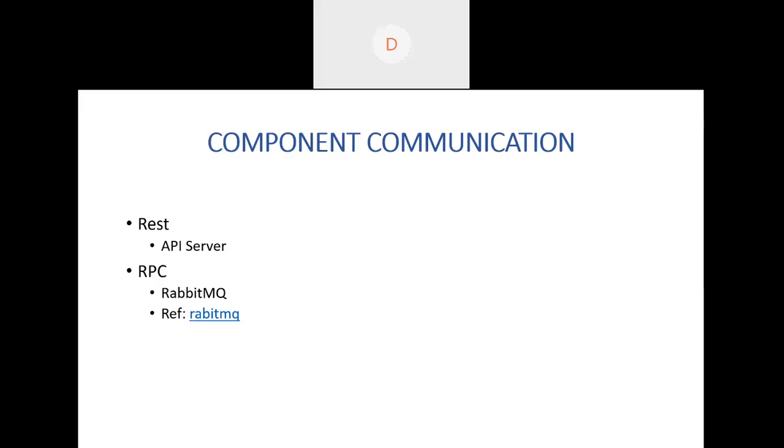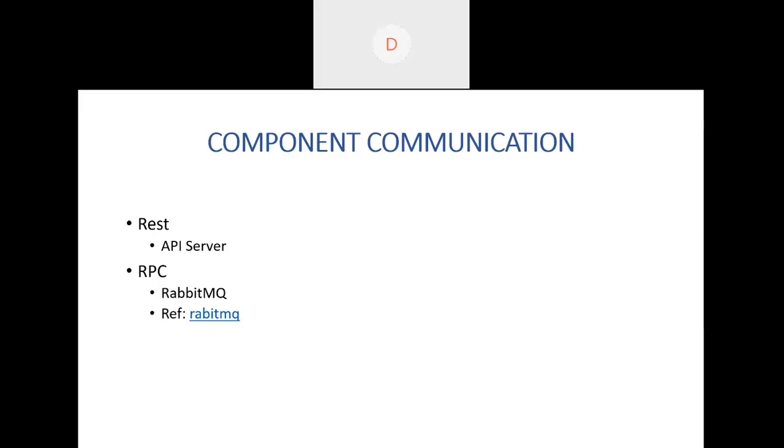The REST is basically to each of the API servers that are in each component. You are using some graphical user interface or some command line, and you are requesting some resource to be created. When I say resource, it can be a network, router, VM, or anything. So you request a command in Horizon or through the command line, and that will be making a REST call to the API server of the corresponding module. When you make a request to create a network, it lands on Neutron's API server. When you request to launch a VM, the request lands on Nova's API server. And when you upload an operating system image, the request lands on